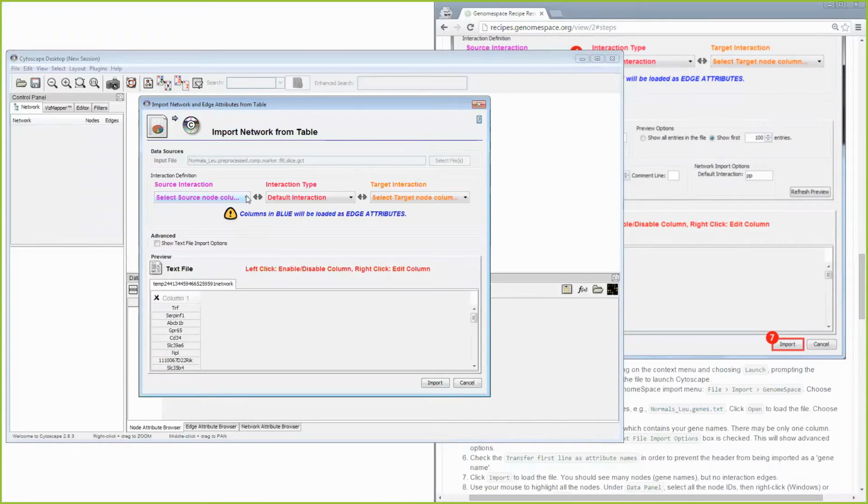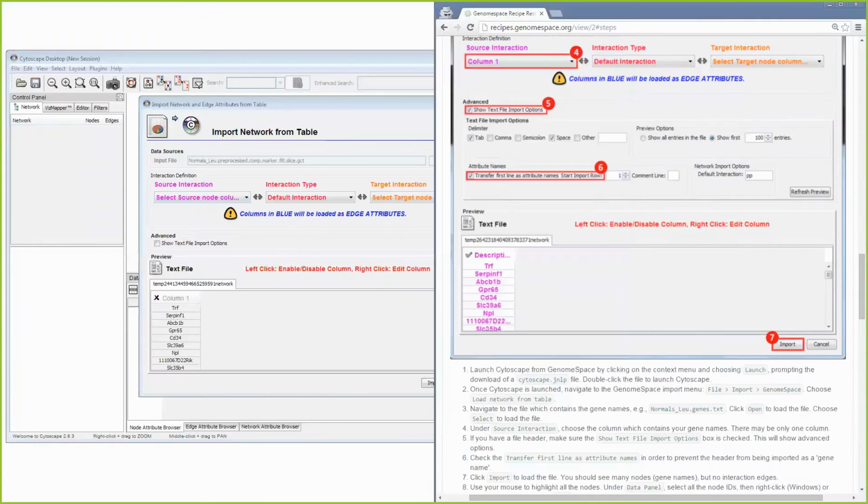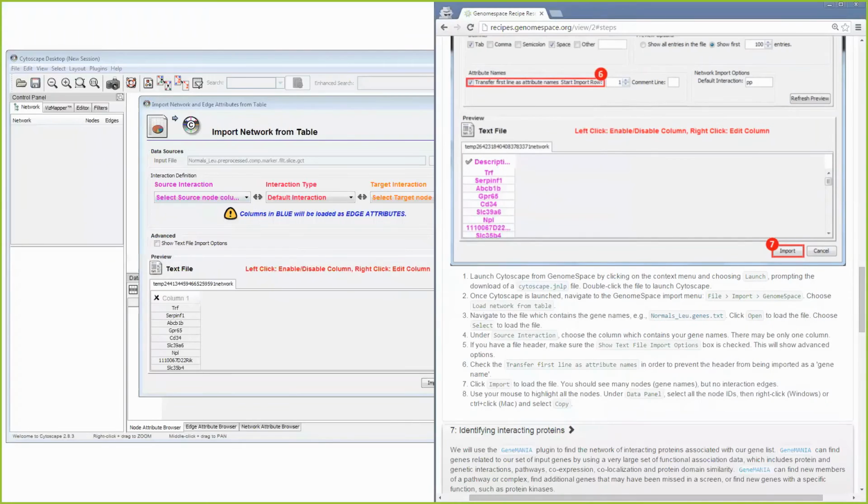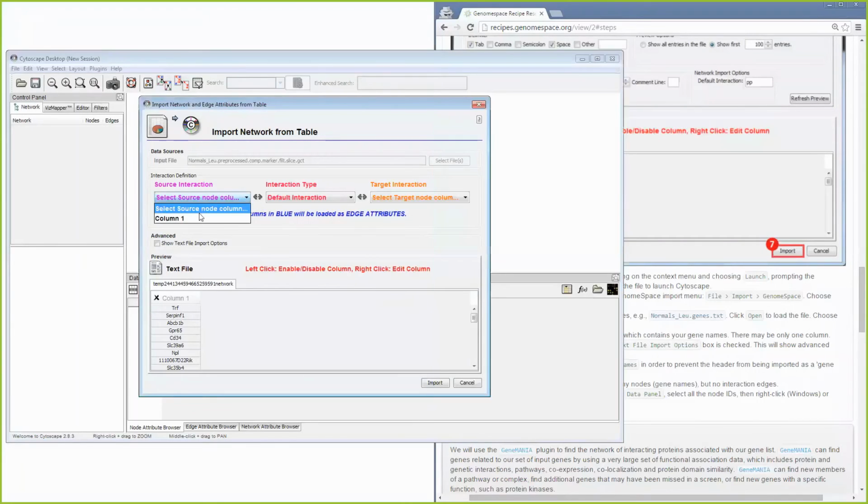So now let's see what our recipe says. It says under source interaction, we need to choose the column with our G names. So it's column number 1. And you can see now it's highlighted all those G names. And there are a couple of different options as well if you import the gene names in a different way.